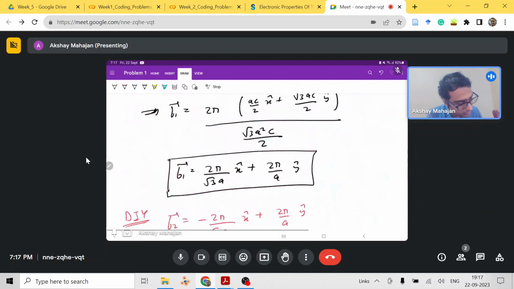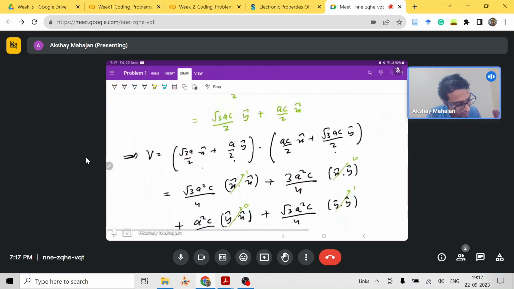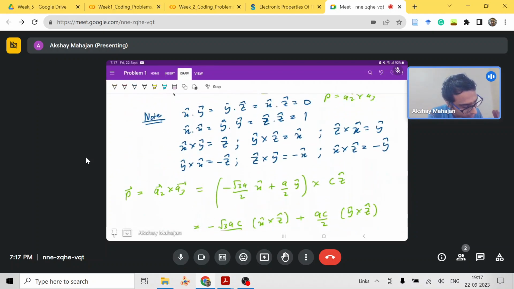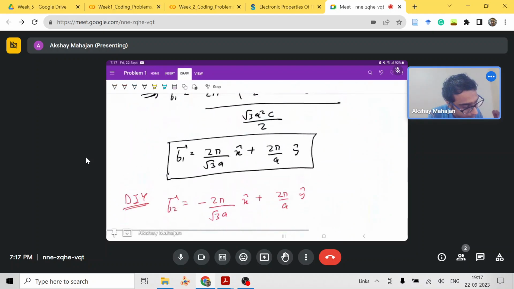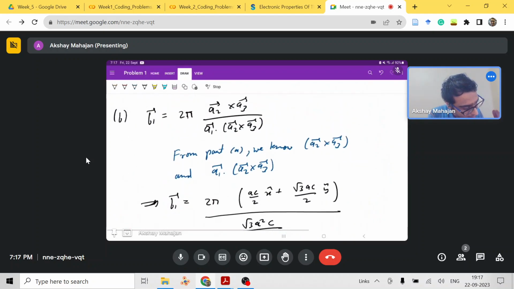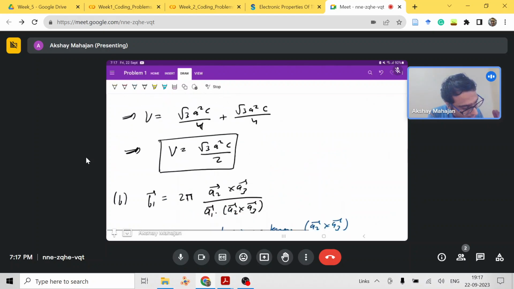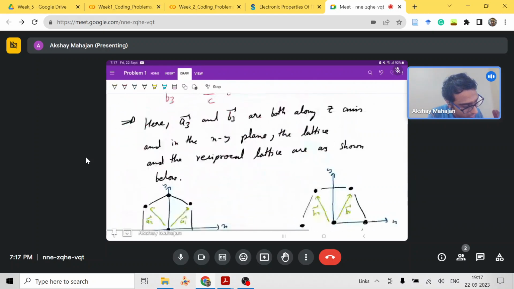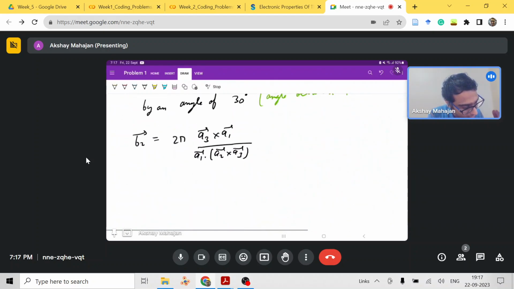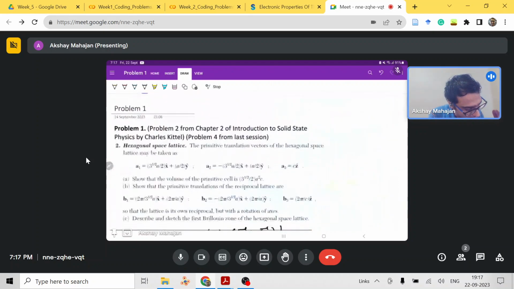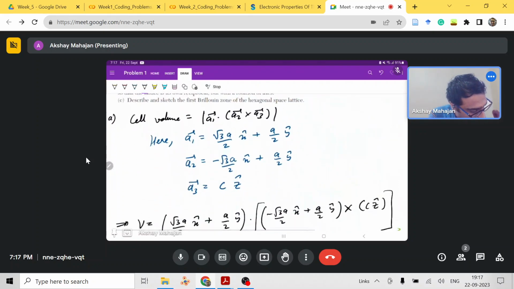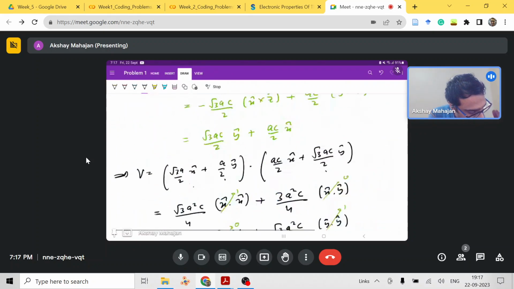Now what we need is a3 vector cross a1 vector. I don't think we have that in here, but we have the volume, which is a1 vector dot a2 vector cross a3 vector. So here again, what was our a1 vector? Our a1 vector is root 3 a by 2 x cap